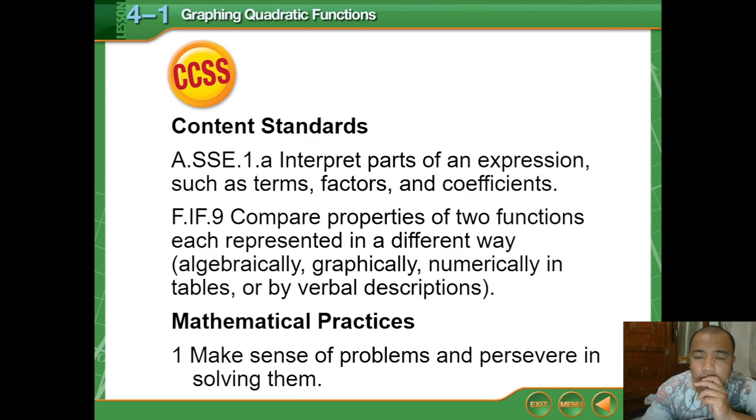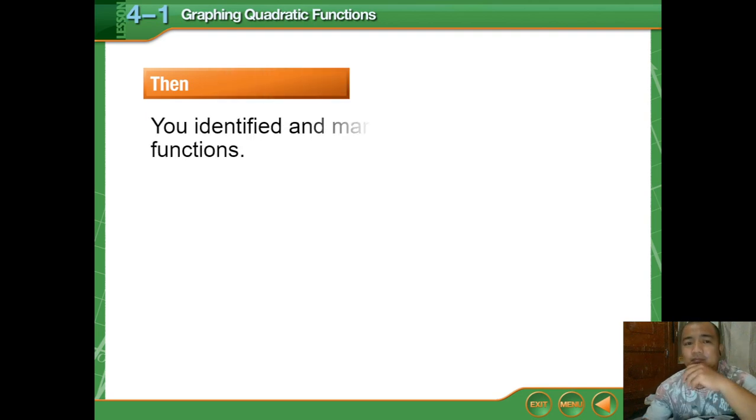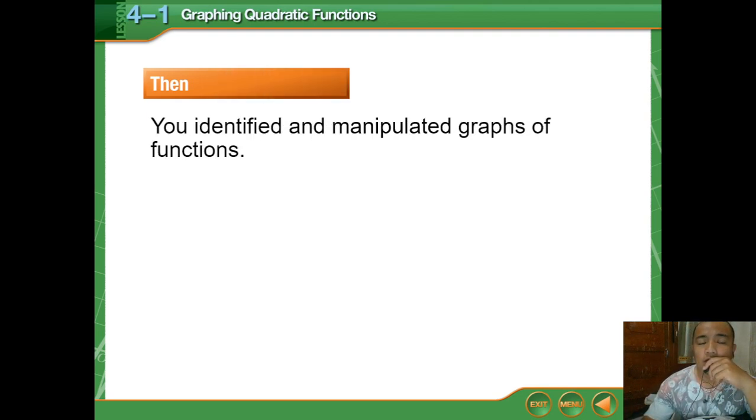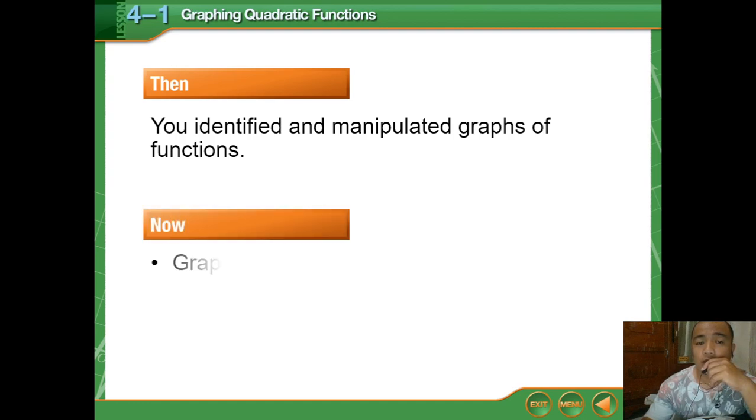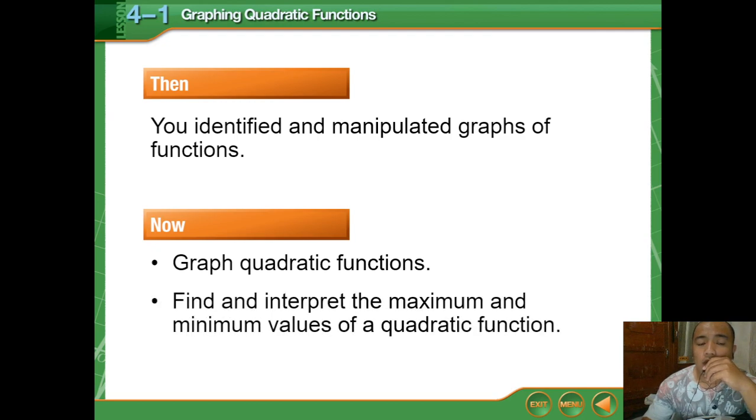Content standards: interpret parts of an expression such as terms, factors, and coefficients. Compare properties of two functions, each represented in a different way: algebraically, graphically, numerically in tables, or by verbal descriptions. Mathematical practices: make sense of problems and persevere in solving them. In previous lessons, you identified and manipulated graphs of functions. This time, we'll learn how to graph quadratic functions and find and interpret the maximum and minimum values of a